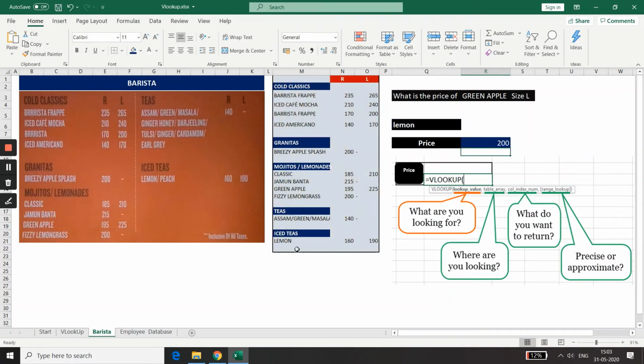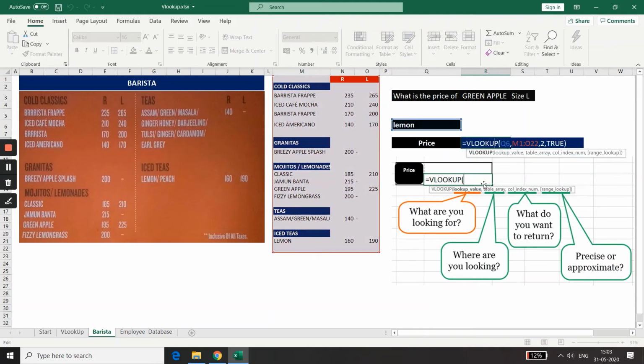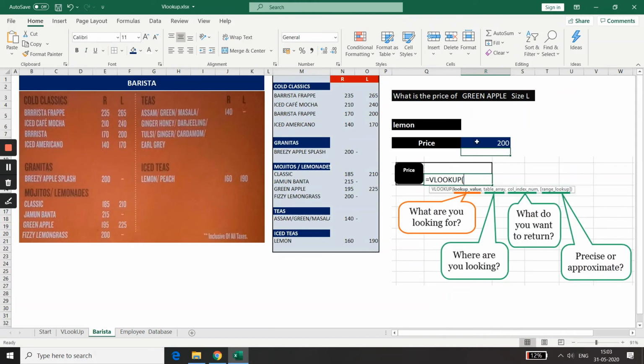If you look here, my column index is 2, but the answer given is 200, which is wrong. Surprisingly, let's see if it does the same for other items. I've selected classic. Yeah, it's the wrong answer.